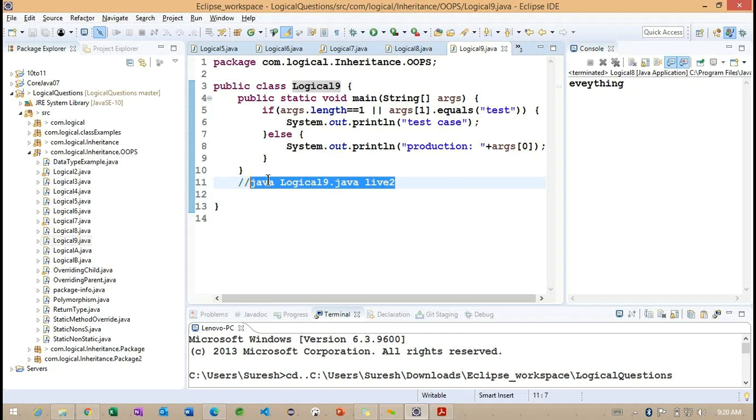Because this command and example we also discussed in the previous classes. So you are able to answer: live 2, the else part will be executed.